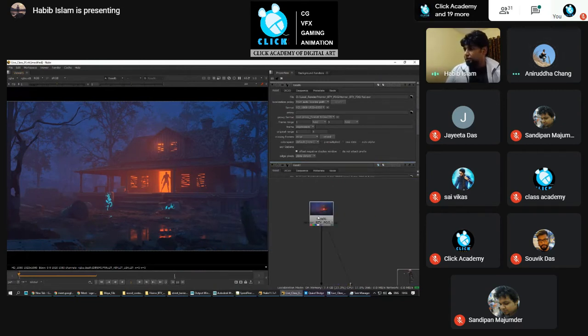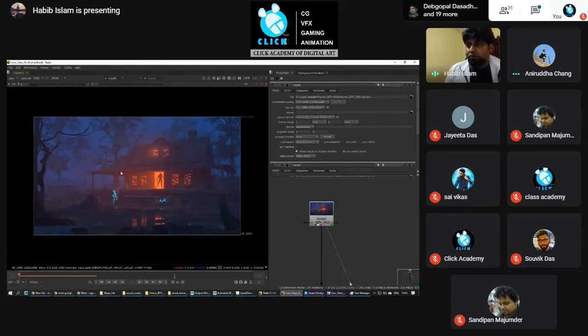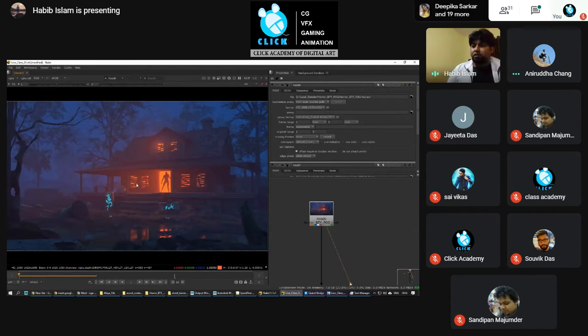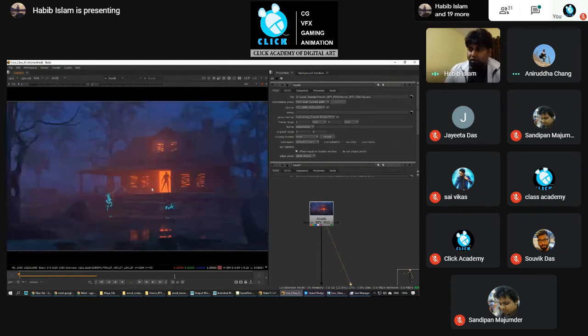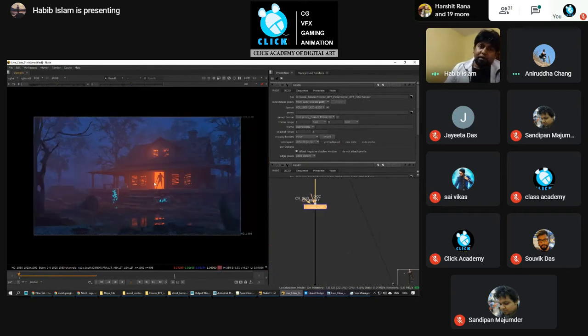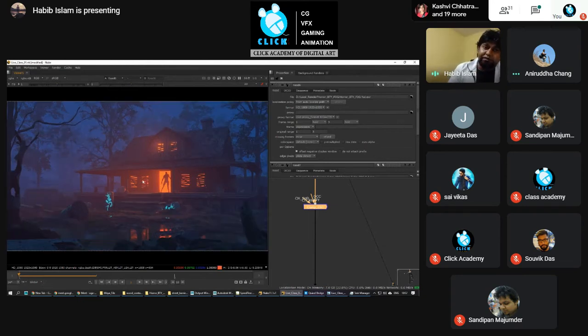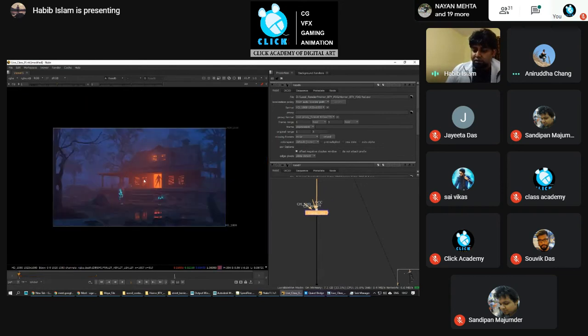So delete everything. This is Nuke. This is one of the most widely used compositing software in this industry. In VFX, in gaming or in CG, wherever you are doing compositing, mostly every studio is using Nuke only. Some VFX companies are using After Effects, but most companies use Nuke only. And there are very few studios which are still using Fusion. Fusion is not very user friendly. Obviously, you can go and use Fusion, but if you're working in a company, you need to use Nuke.